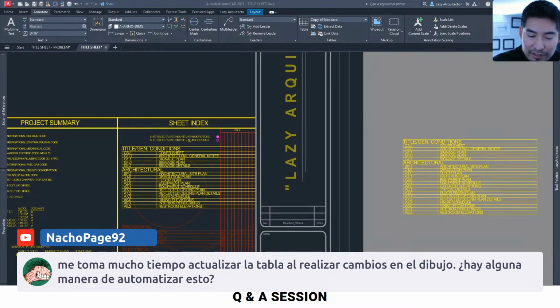Me toma mucho tiempo actualizar la tabla al realizar cambios en el dibujo. ¿Hay alguna manera de automatizar esto? So you're asking if there is a way to automate this table. So try this